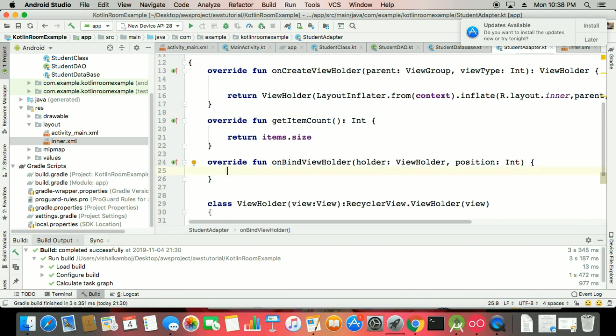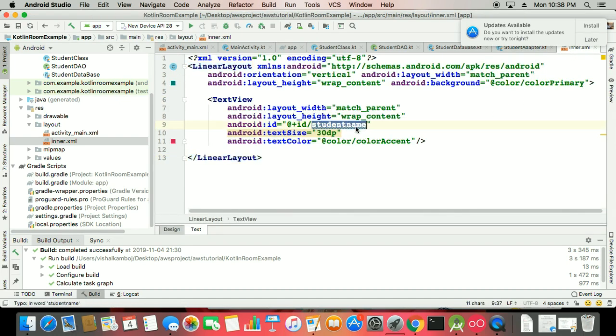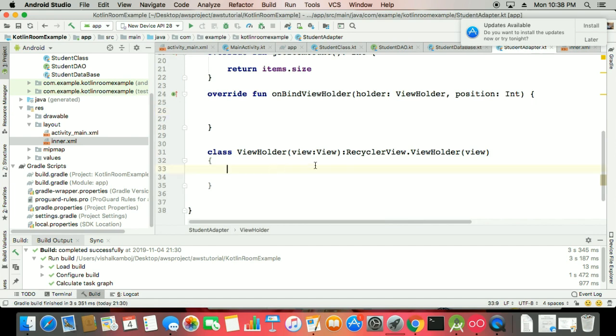Number two, be ready, and here what we have to do for our onBindViewHolder, it's so easy. You have to work with the holder and dot student. I think I'm doing something wrong. What we needed, student names. Okay, but what we have there in inner is student name, so why is it not showing to me? Okay, I'm checking this as a val